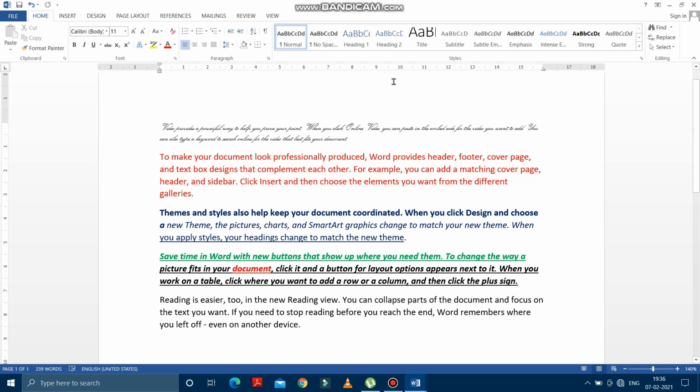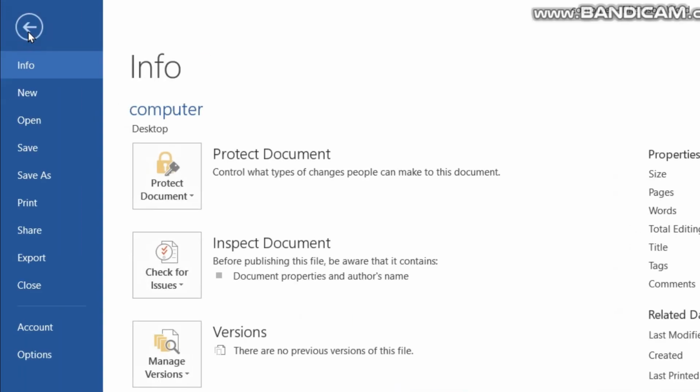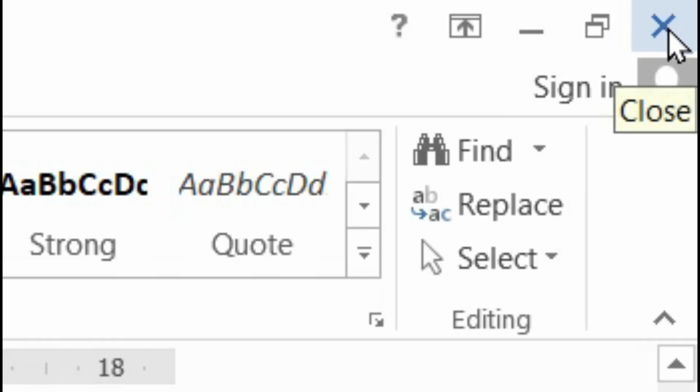And for closing a document, after saving the work in a Word document, we can close it by the following steps. Okay, how we can close it? See here in the file tab, you have to click on this file tab and you can click on this close button to close it. Okay, or here on the right corner, you can see one cross button is given over here. You can see here, this is the cross button. You can click on this cross button also to close the document.